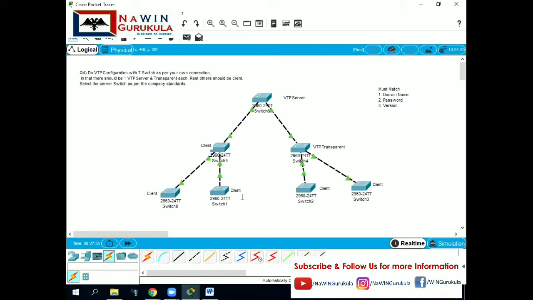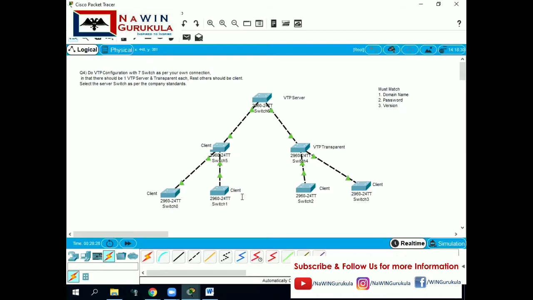The switch running in client mode only forwards the advertisements, and it gets synchronized with the VLAN configuration. Coming to transparent mode, you can add, modify, or delete the VLAN configuration, but it will not get synchronized with the VLAN configuration. It forwards only the advertisements, and the configuration is saved in NVRAM.